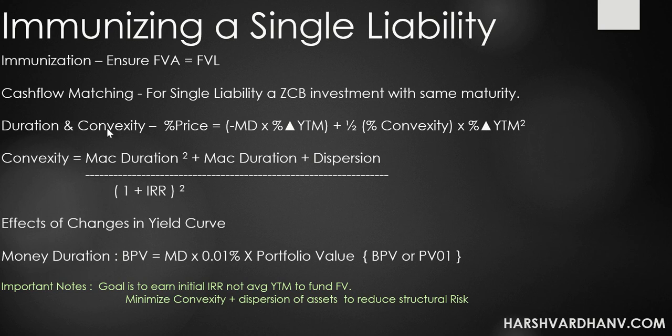Now, we had discussed in the previous slides that the duration and convexity impact on price is basically this formula: duration times change in YTM plus 1 by 2 times convexity times change in square of the YTM. Okay. And from there we can derive that convexity is this formula. So don't ask me from where this formula is coming. This has been given as is in the book. I have googled myself as to how this formula has come for my own knowledge. You can do the same.